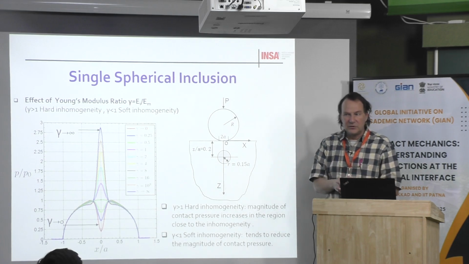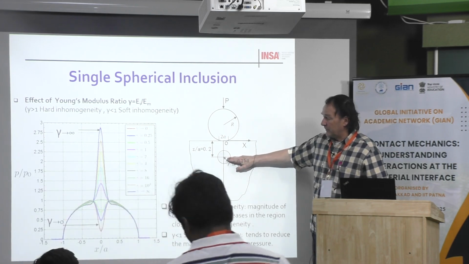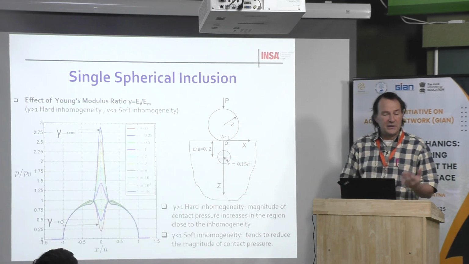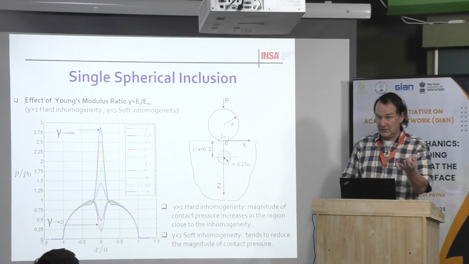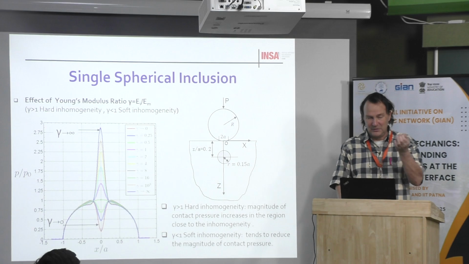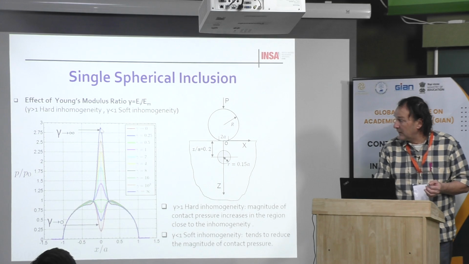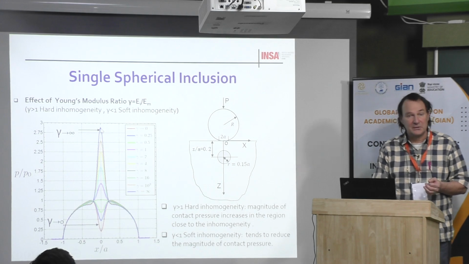Okay? Then what you can observe here is, for example, in the worst situation, when the inclusion is rigid, it can be, for example, a steel ball in a polymeric matrix. A steel ball in a plastic or polymeric matrix is almost infinite; it will be almost like a rigid inclusion. Then you can see here that there is a peak of pressure. This is the maximum pressure compared to the Hertzian one. It's almost an over-peak of three times the Hertzian pressure.